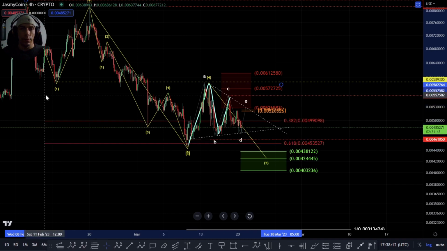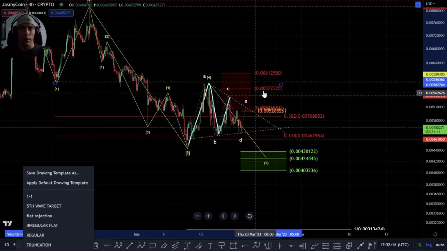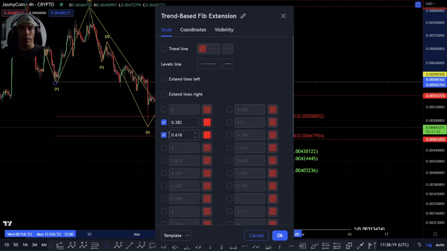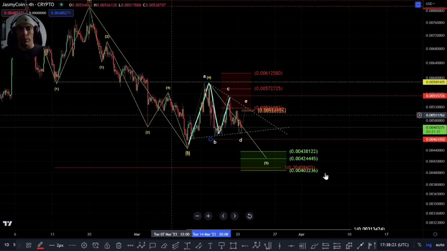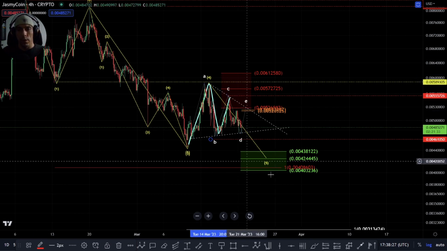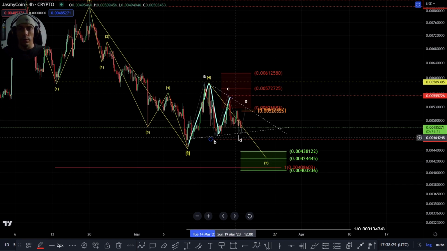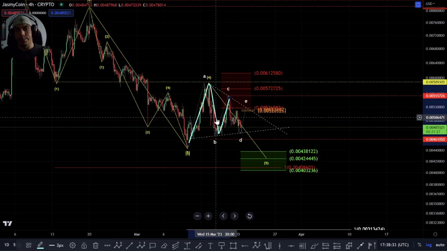Alternatively, if we look at different targets for this, potentially if we throw this onto here, let me just change this quickly. One-to-one of that wave one would actually bring us here to this 4086 area. So this little pocket here does have a bit of confluence within it. If we do look to break down here, it is also possible